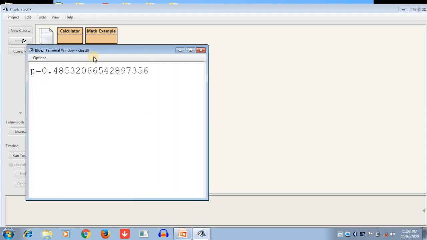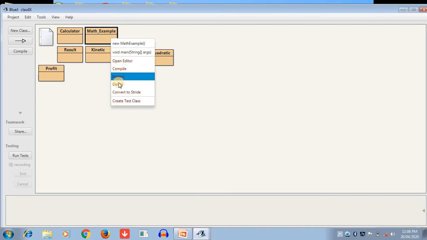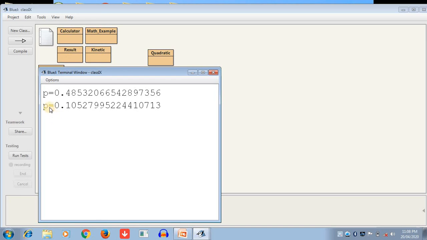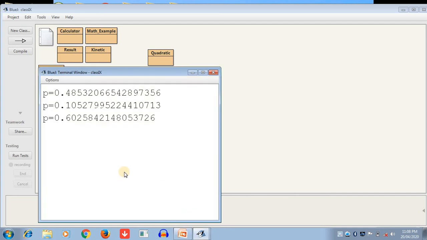Now next time, compile again. Okay, execute again, the same class. Now what will be the next number? A different number comes when this program is executed. And the third time, you see the value is different all three times. So it returns a positive random number between 0.0 and 1.0, and a number in between will be shown.